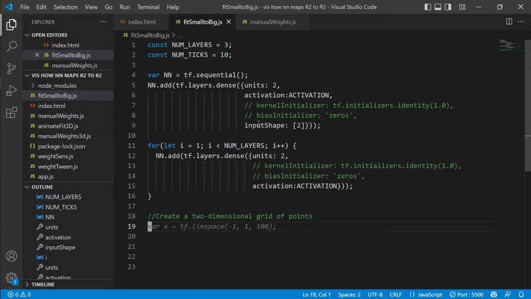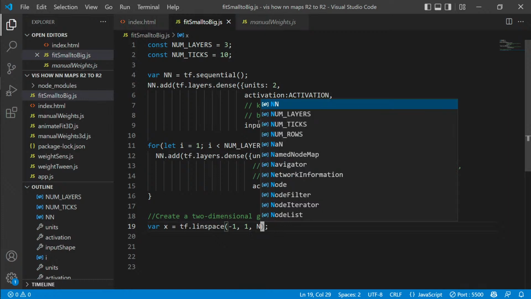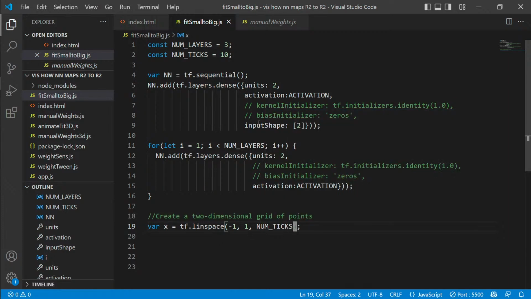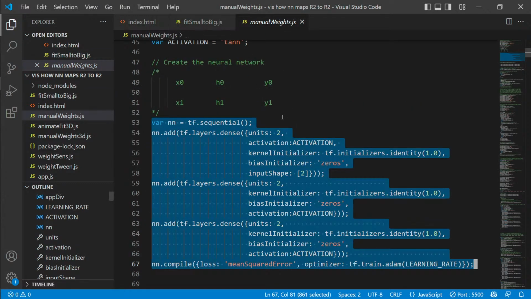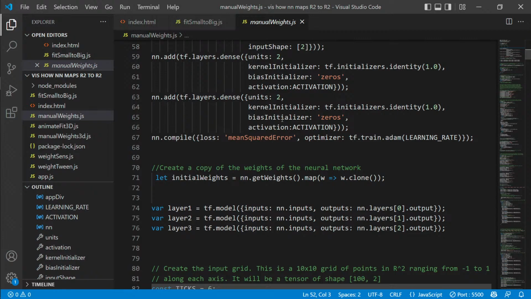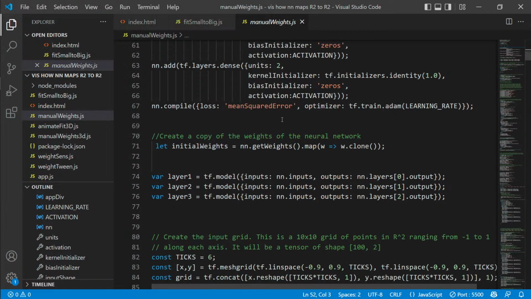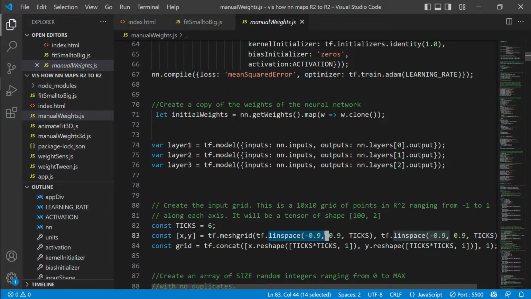It's going to use linspace, which is fine actually, but I want this to say number of ticks. Also, is that actually the problem with GPT, that it uses functions that are not necessarily available? Yeah, it is linspace. Okay. Also, we have to extract the layers, or the individual